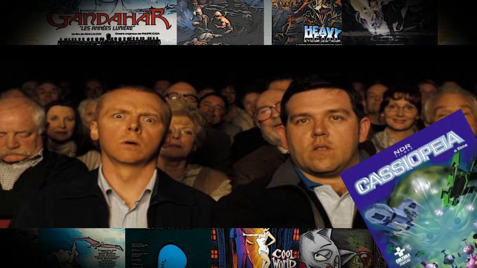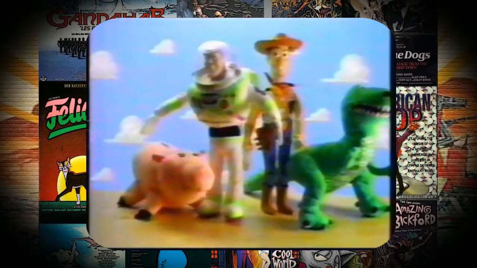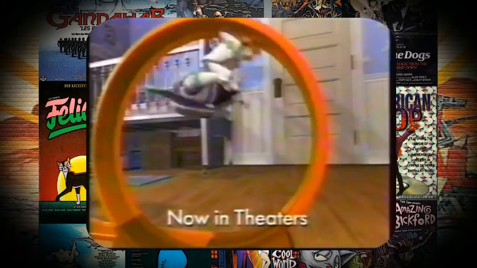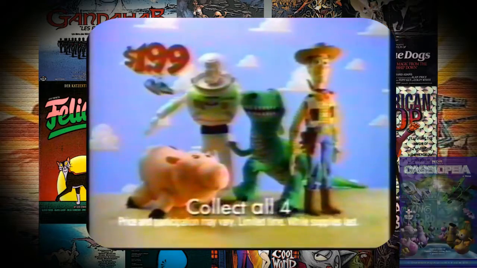After that hell of a day, and knowing of Cassiopeia's existence, Disney allegedly put around $30 to $50 million towards the film's marketing campaign. With all the attention put on Toy Story, combined with the fact that Cassiopeia was a smaller budget film from Brazil, it's not hard to see why Pixar's movie would overshadow the mere existence of NDR's.